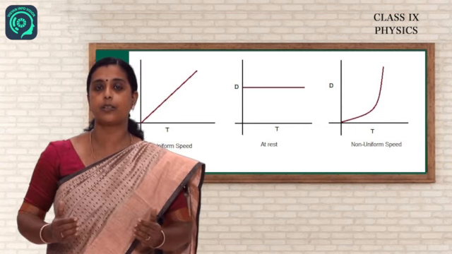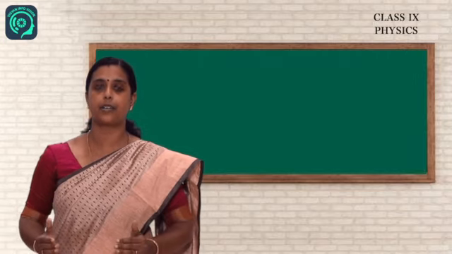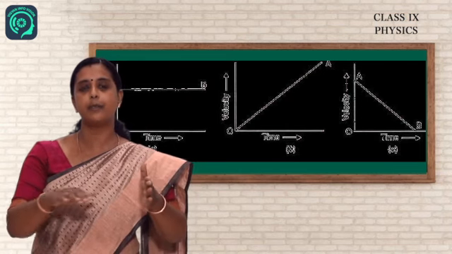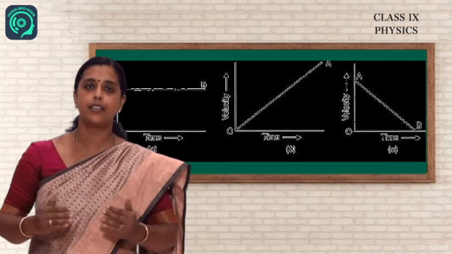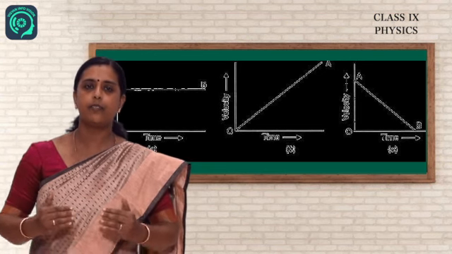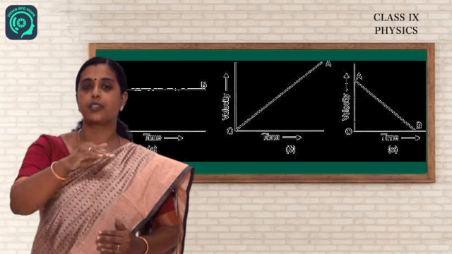From the name itself you know that the two physical quantities here involved is velocity and time. In the velocity time graph, velocity is taken along y-axis and time is taken along x-axis. With the help of velocity time graph, we can calculate the distance travelled by the object. If an object is moving in a uniform motion, then the velocity time graph will be a straight line parallel